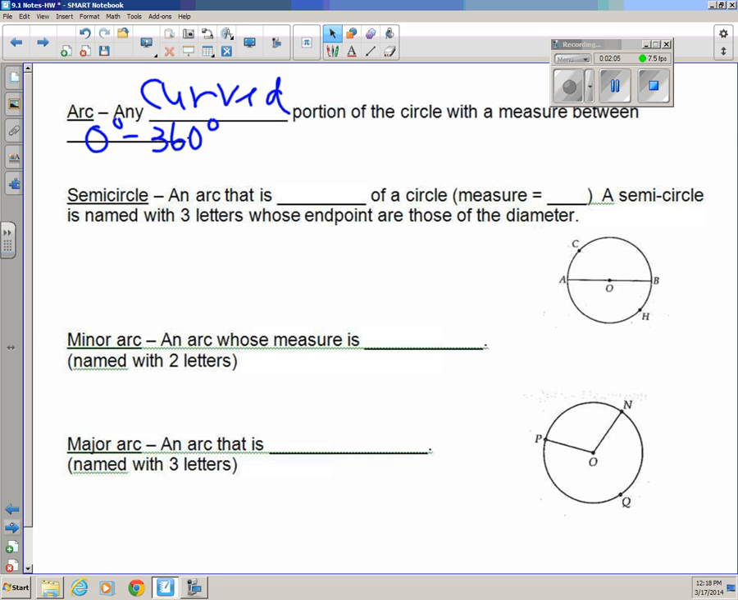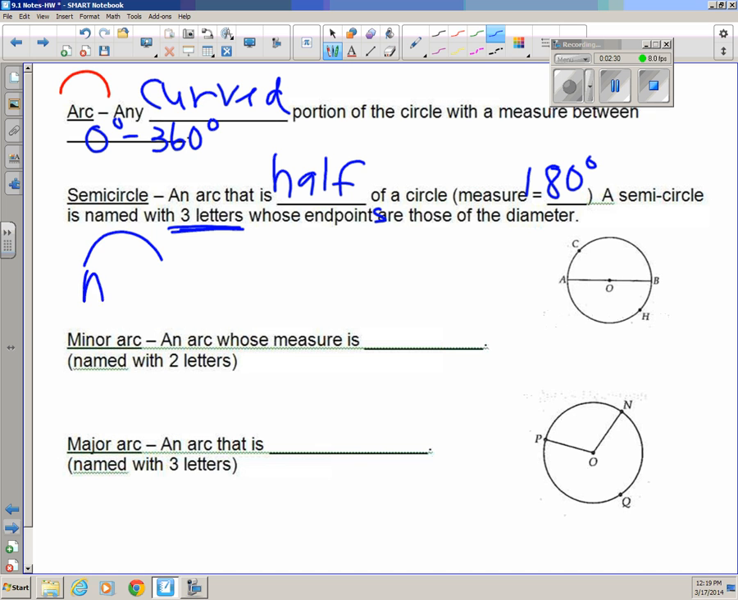A semicircle is going to be an arc that's half of the circle. So you know that half of 360 is 180 degrees. A semicircle has to be named with 3 letters, and the endpoints have to be those of the diameter. So if I take a look at this circle that's on the bottom, by the way, the arc symbol is kind of like an arc, right? So I know that one of the semicircles, as long as the endpoints of the diameter are the endpoints of my arc,